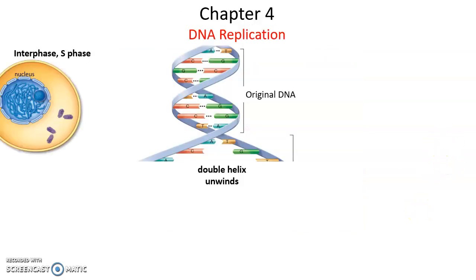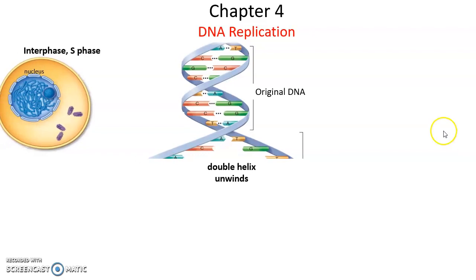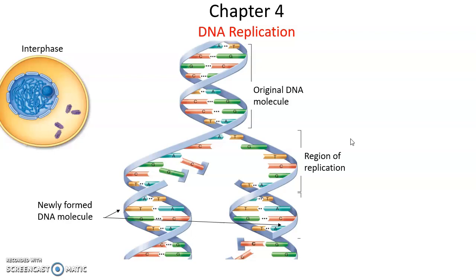DNA replication, pretty straightforward. The DNA will unwind, opening up the double helix, and then DNA polymerase comes in and forms a complementary strand of DNA using one of the old DNA strands as a template. So the DNA polymerase comes in and does complementary base pairing to attach new DNA nucleotides together to form the growing new side of the DNA molecule. So you have two chains formed at the end of the replication, each with one old strand of DNA and one new strand of DNA.